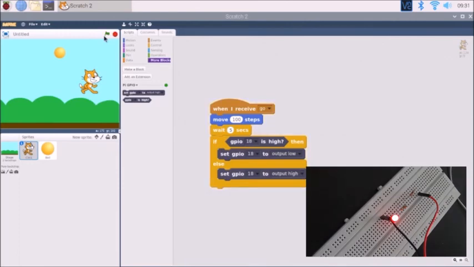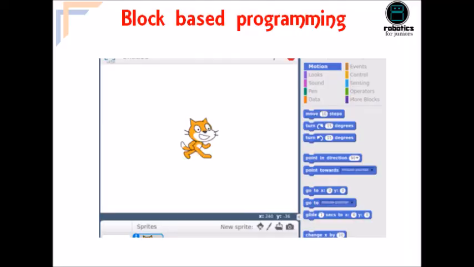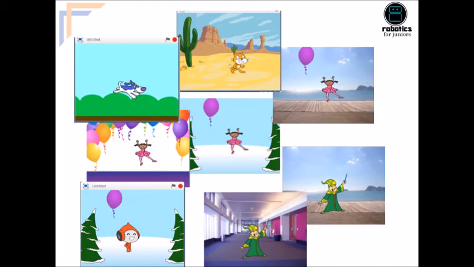You can use a variety of options for the cat. Either turn it by some degrees or change its appearance or the background from the looks section. And there are multiple options which you can explore. So as we go through it, we can understand why this is the favorite software of parents to teach programming to kids. Firstly, it is block-based programming, so it gives the understanding visually. And second, the features offered are amazing and colorful, which would excite the kids to put their imagination to work.